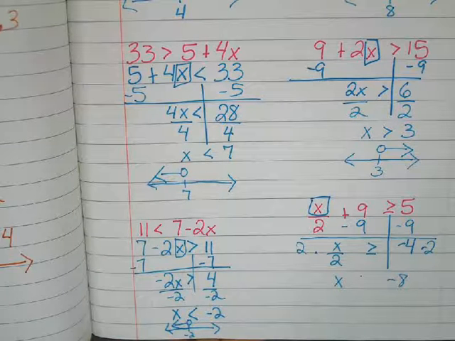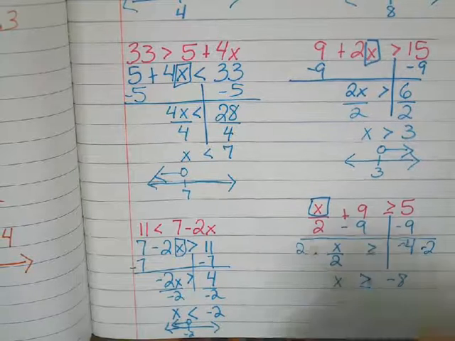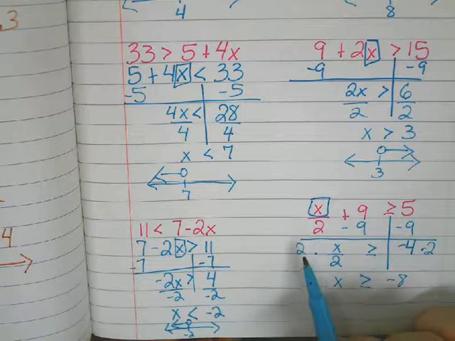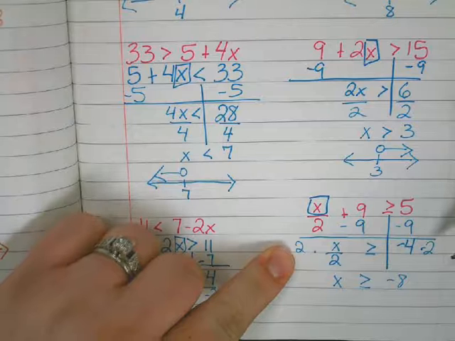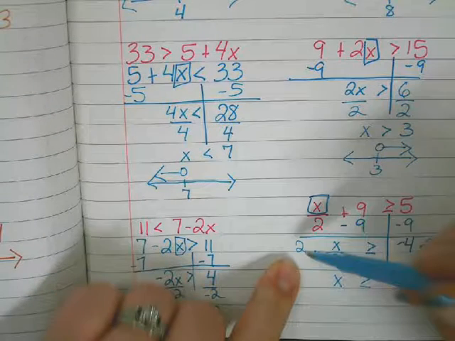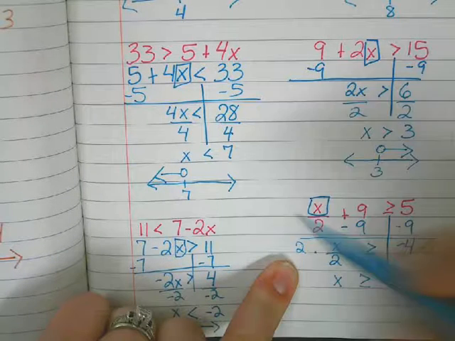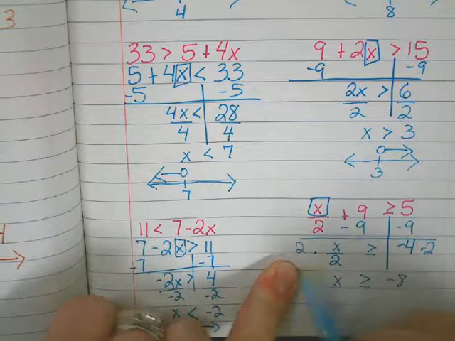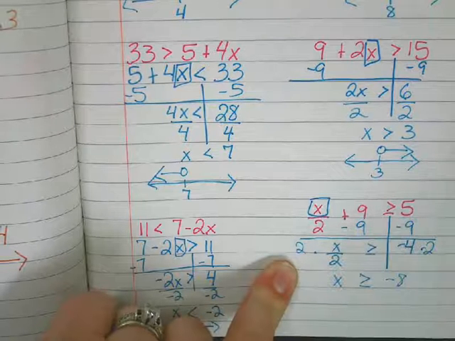No. I didn't multiply or divide by a negative, so my sign has to stay the same. Only when you multiply or divide by a negative. This 2 is not a negative. Yes, I have a negative over here, but I'm not multiplying by a negative. If that would have been a negative 2, then my sign would have switched. It's whatever number is with your letter that determines if you change your sign or not. Okay? So then when I graph,